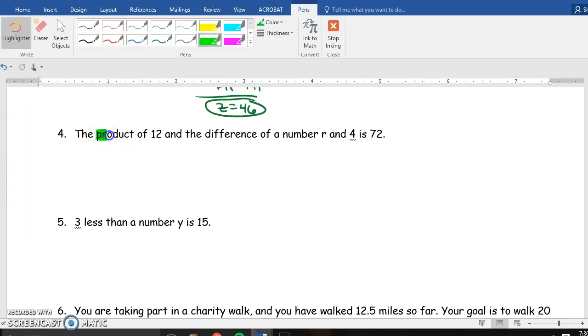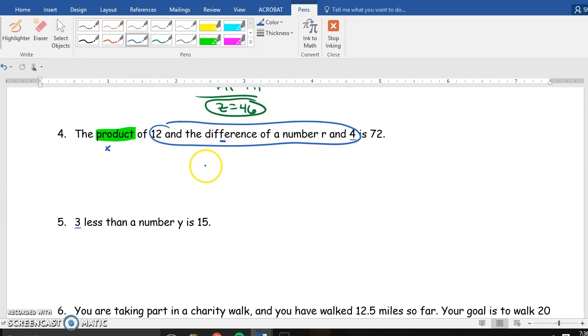Next one, product of 12. Product means multiplication of 12 and the difference of a number r and 4, which means difference is the answer to a subtraction problem. So it's the product of 12 and the difference of a number r and 4. So here's what we have to do. Since it's the answer to the subtraction problem, we have to make sure that gets done first. So we put the r minus 4 in parentheses, and now the product of 12 and this difference